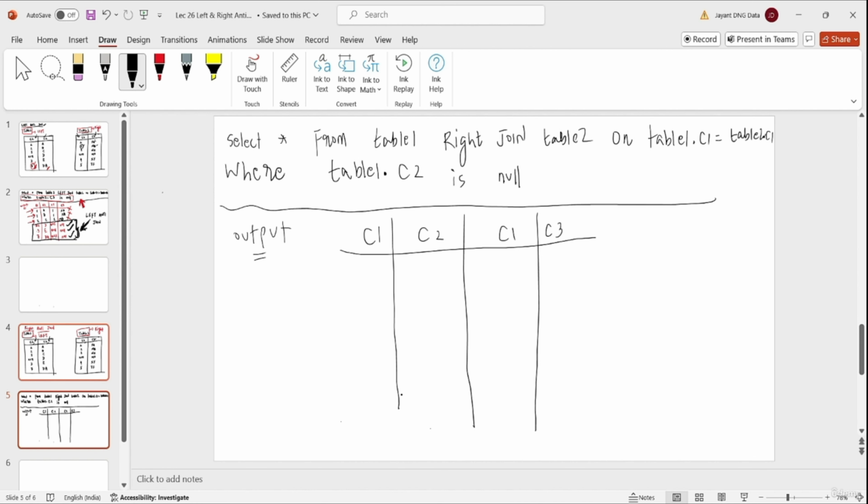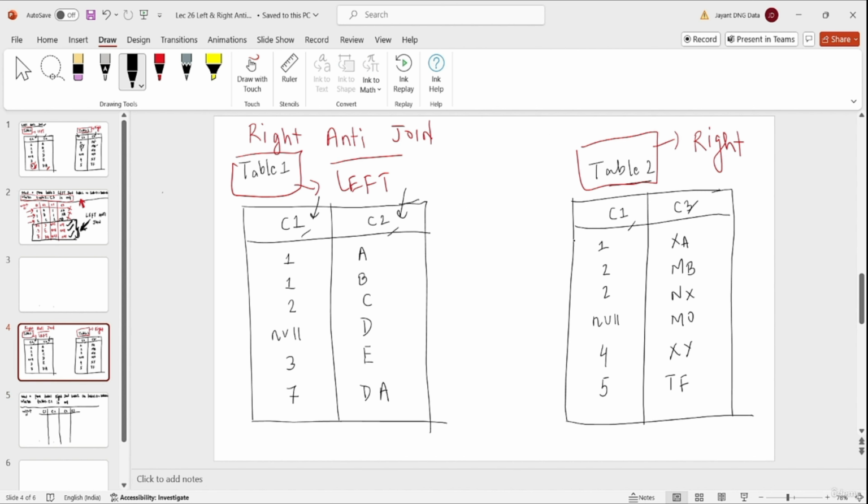Now, in order to understand the output, let's consider as if we are applying the right outer join. If the right outer join is applied, what will be the output? First of all, this one will match with this one, so we will get 1 XA, 1 A in the output.